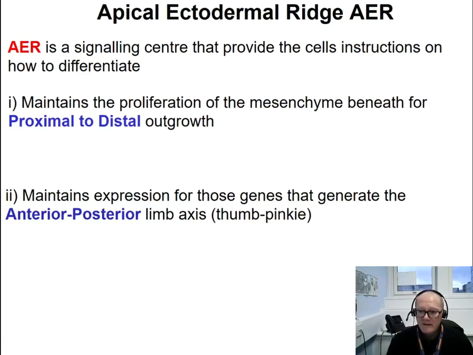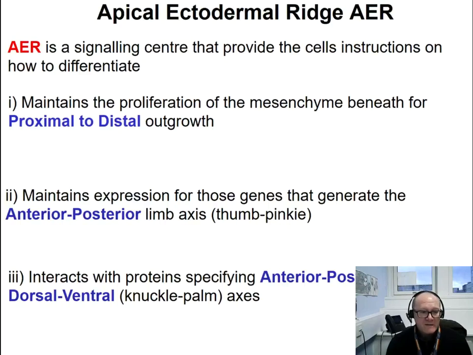We will see that in a minute. And this will establish an anterior to posterior axis. Finally, the apical ectodermal ridge also provides information to specify the dorsal to ventral axis. So the apical ectodermal ridge is involved in establishing and providing information for all the three main axes of the